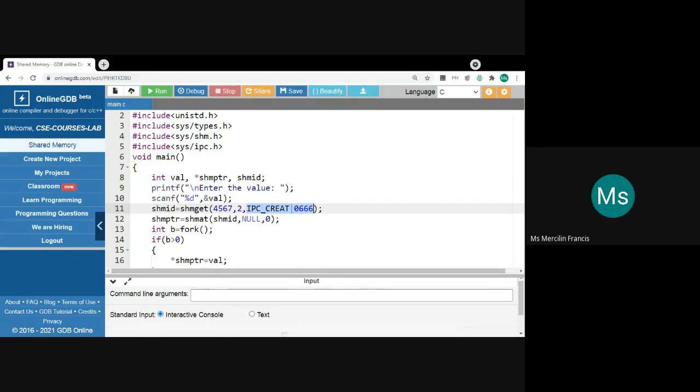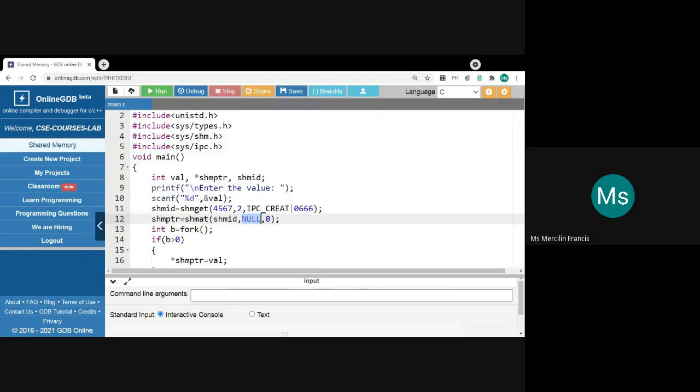Then, if shmget is successful, it returns a non-negative value, some identifier. The identifier will be returned and stored in the shmid variable. And that identifier will be attached to some memory space. Here it is given as null.